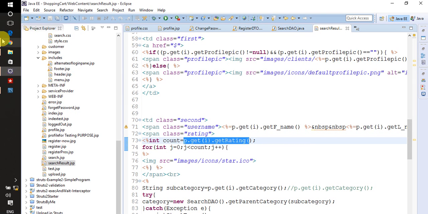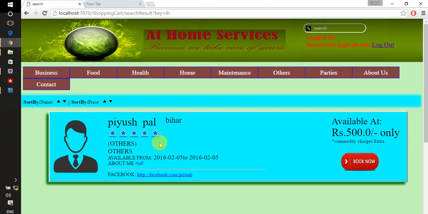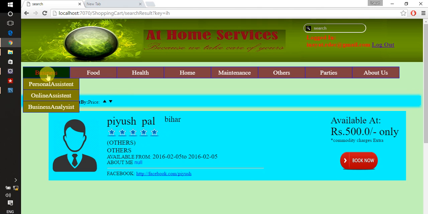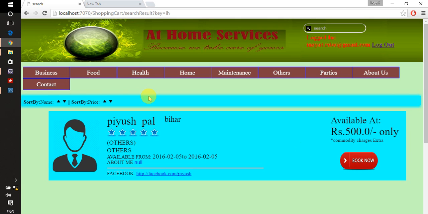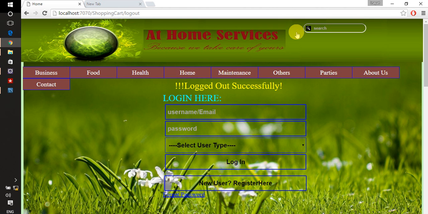So let's see, 5, so it is 5. Now you can easily go to the book now and book your service here. Now there is a logout option, and now you have been